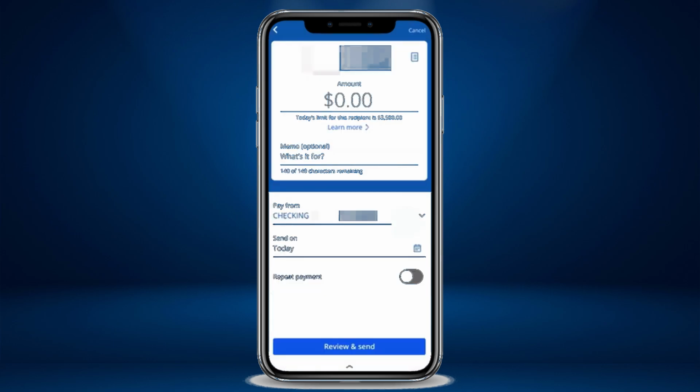In my case, I'm selecting this person. Now, you can enter the amount of money you want to send, add a memo, the note, select Pay From to choose your account, and select Send to choose when you want to send the money, if you have a specific date in mind. Once everything is set, click Review to check the details, and it will open another screen